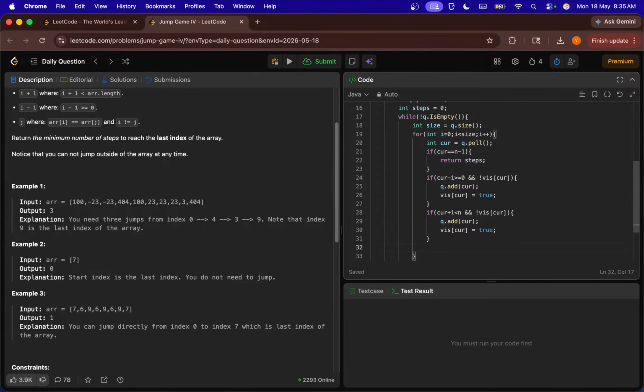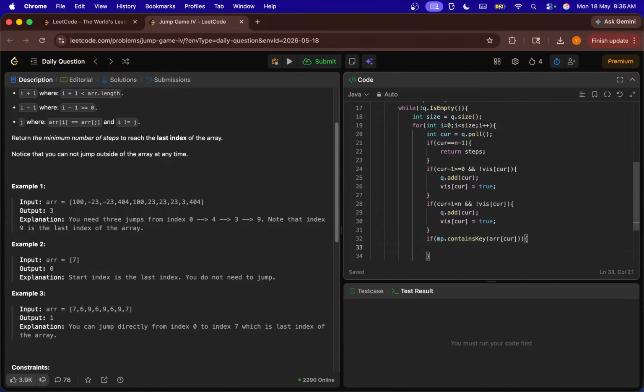Now there is one more case that you need to check in the loop as well. So you need to check in the hash map if map dot containsKey of array of current, then we'll be running a loop because it contains a list of integers inside the hash map. For that one, what you need to do is